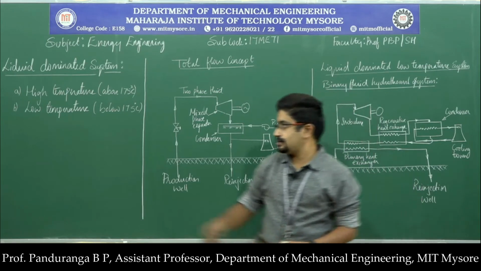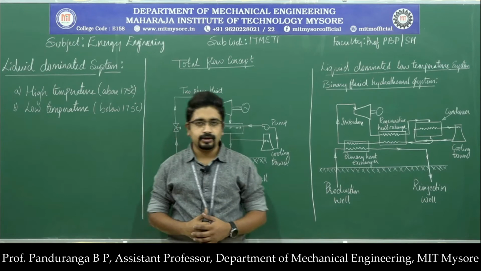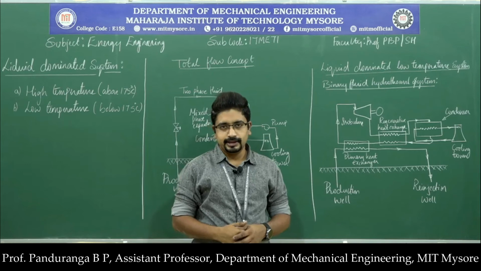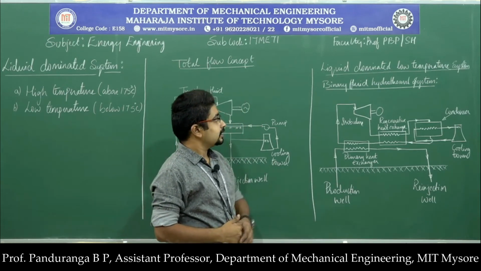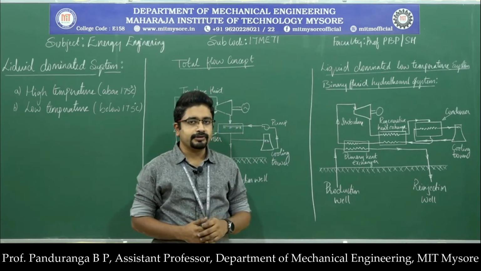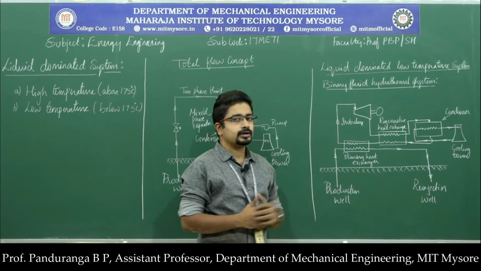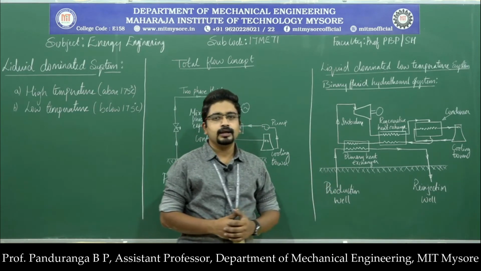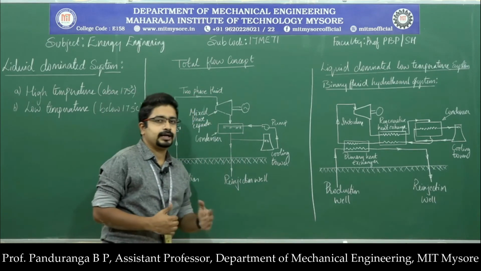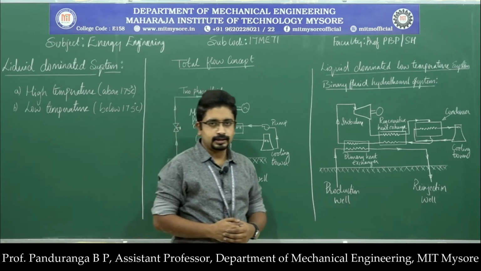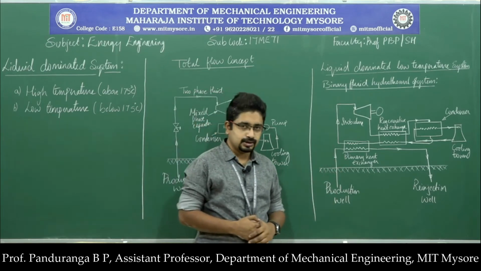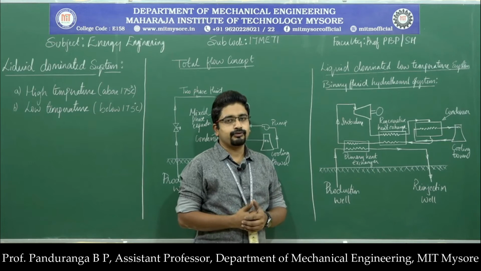Okay, now let us go to the low temperature liquid dominated system, where the temperature of water will be below 175 degrees Celsius. So in that case, here we have a binary fluid hydrothermal system. So in this system, instead of using the water which is coming out of the production well for producing electricity or converting that into steam or two-phase fluid and passing it through a turbine, what we do is we use the water which is coming out of the geothermal source as a heat source for a